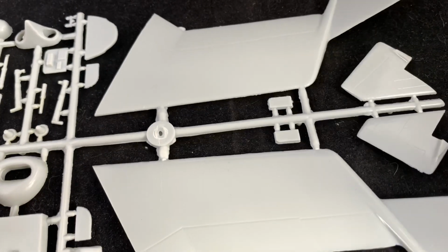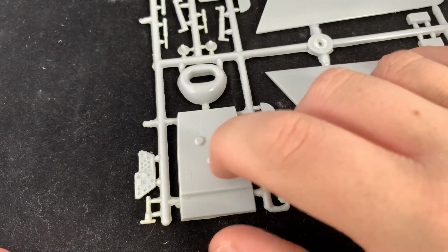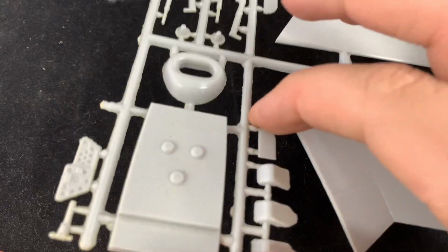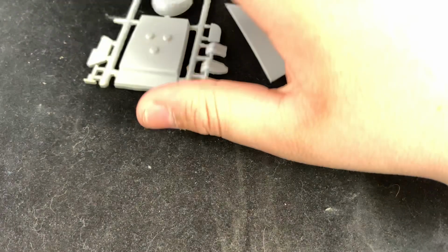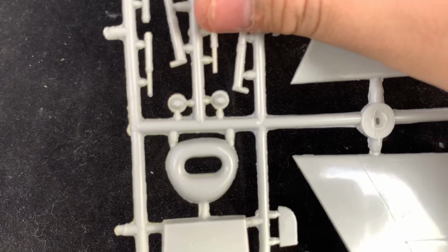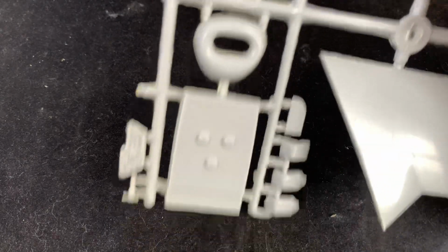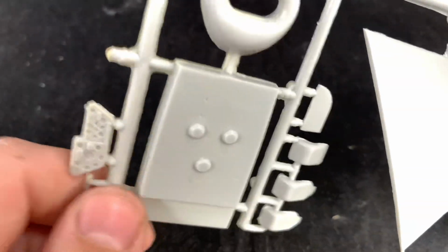So that's sprue 1. Sprue 2, on the other hand, contains the wings and the majority of the parts. You've got the massive floor, which, yeah, it's very simple, and on the other side, it's hollow. I'm guessing it's because the front landing gear will go in there. You also got the mouth, which has this pill-shaped hole. One thing that is quite nice is with the photo etch, you don't actually...